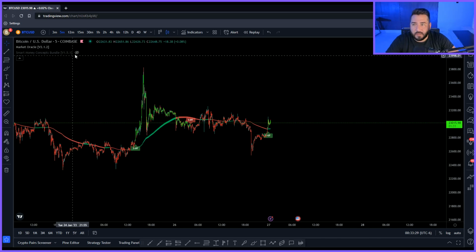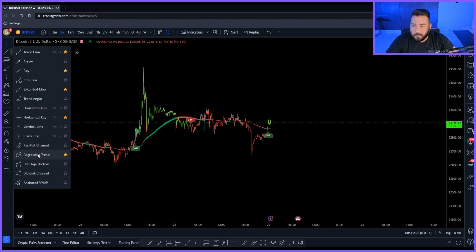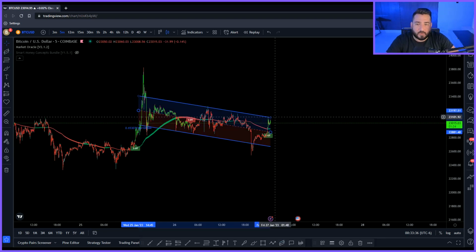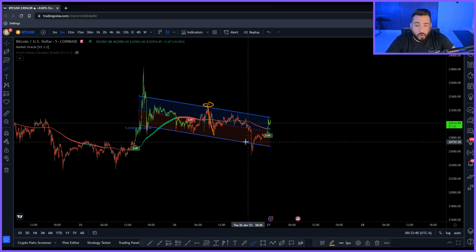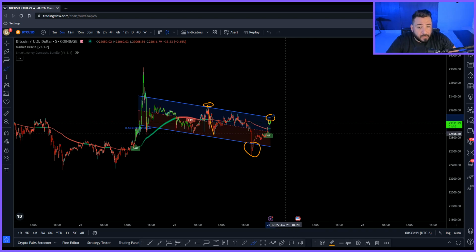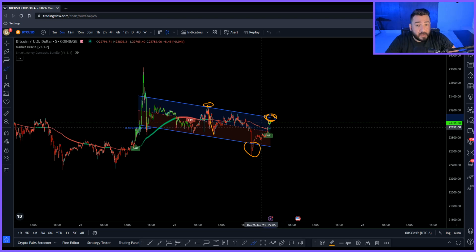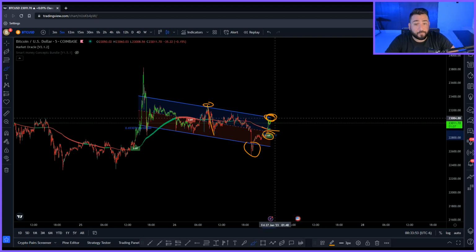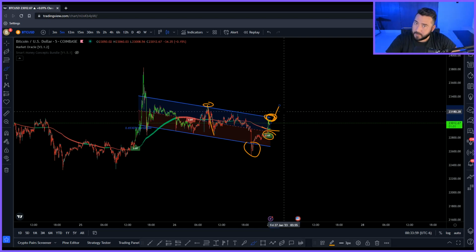I can start using my smart money concepts, or I can start using some other tool, like for example this regression tool, right? So this regression tool basically gives me the hints where to enter for shorts, where to enter for longs, and at this point you need to be a little bit careful because we're very close to the top, right? Very close to the top, being above the dynamic reactor and having an uptrend, right? So if we have enough momentum, we might be breaking through. And how do I read momentum? Well,